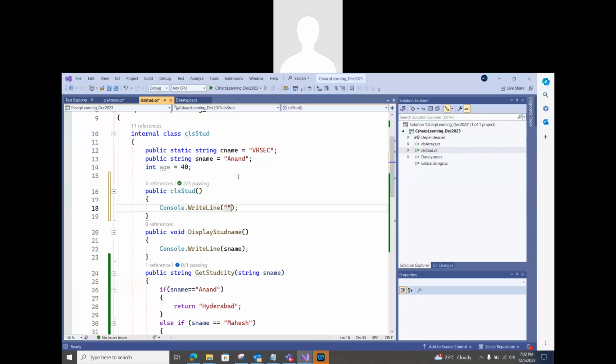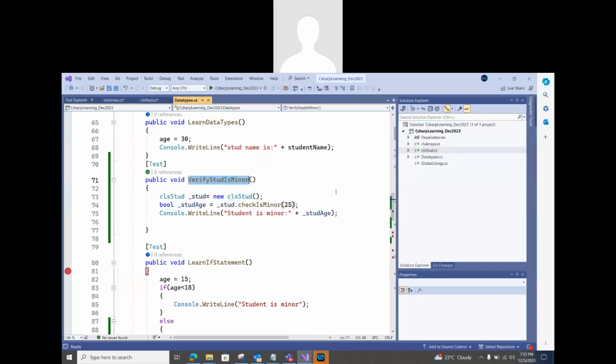Okay, I am just printing "I am CLS student constructor." We don't need to call it separately, but already we are creating an object here, right? Let's say I am running this one. You will see